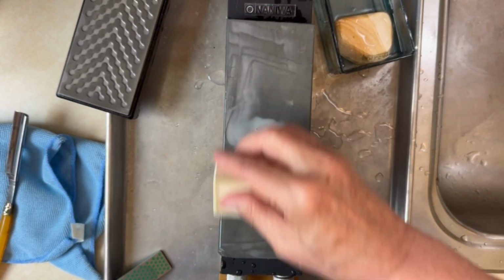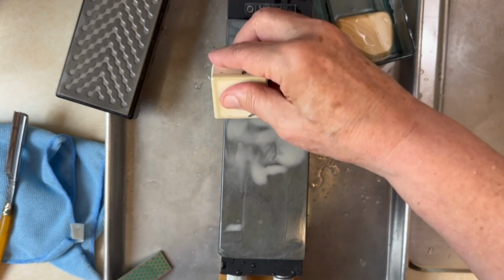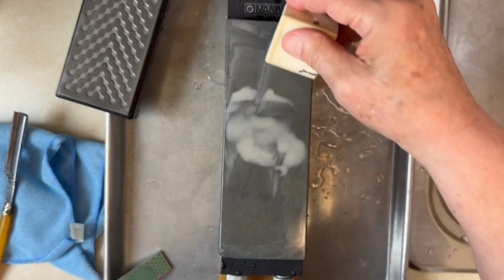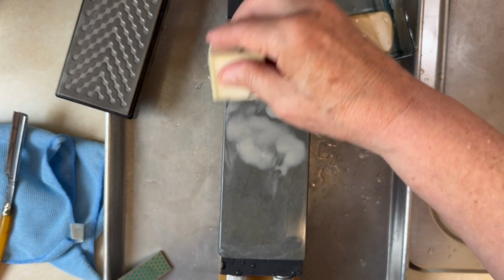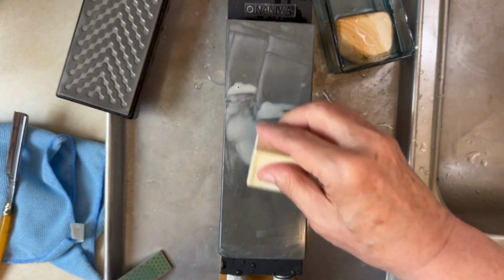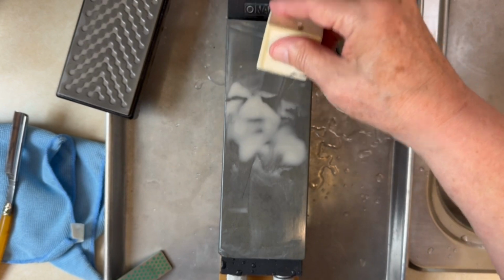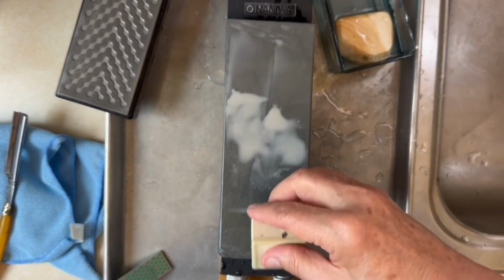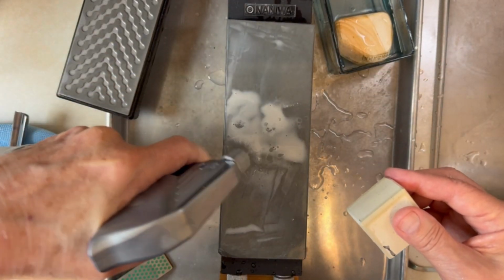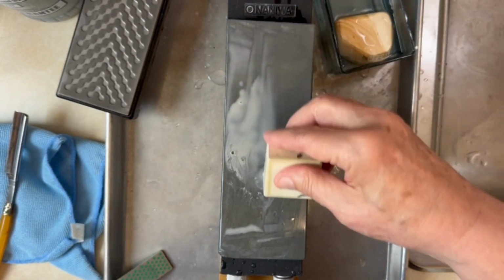So if you're wondering how did I choose the Ozuku versus my other Japanese stone, the Nakayama, well, I just felt like using the Ozuku today. No real reason. The owner did not specify what to use. The edge that's on there, or was on there, looks to be synthetic, but I think that